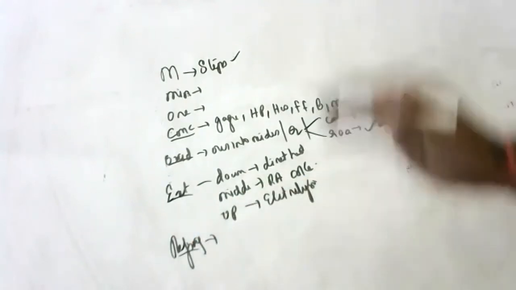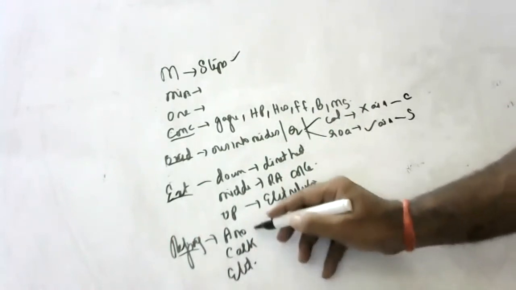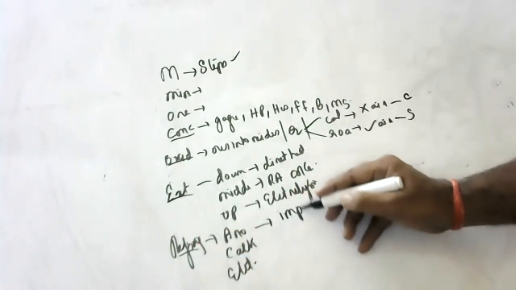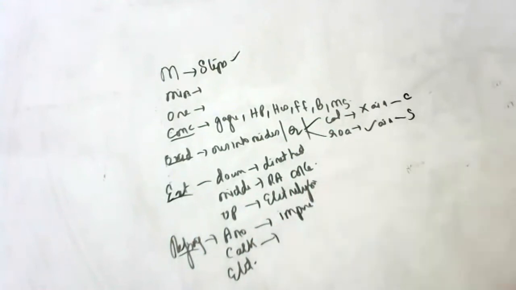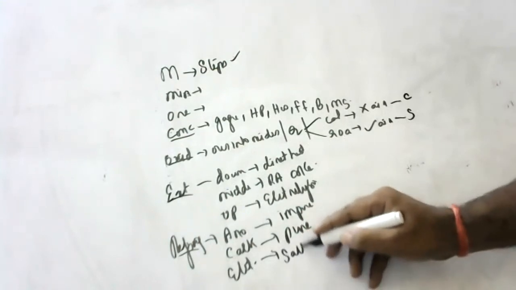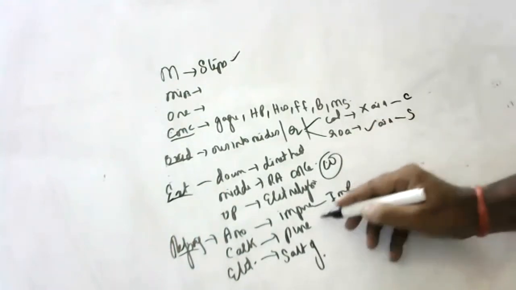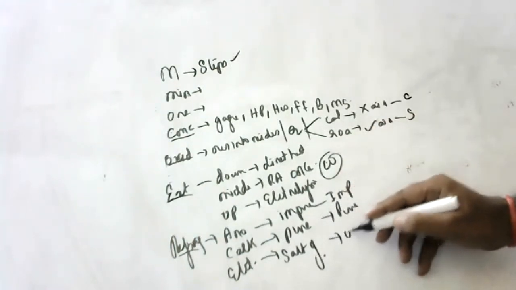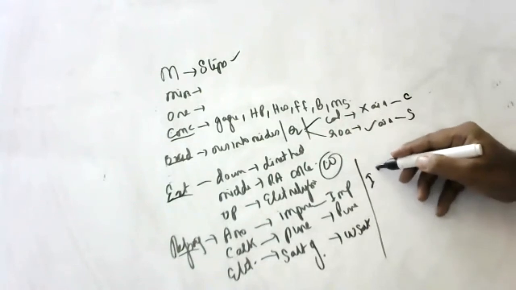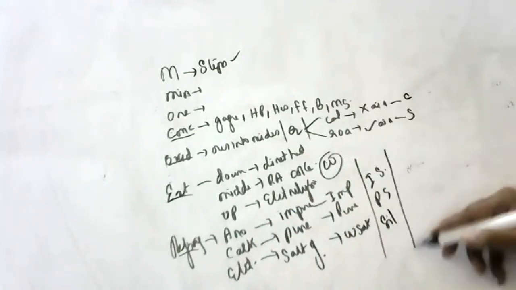In refining of the metal, three things you have to remember: what is the anode, what is the cathode, what is the electrolyte. What do we take as the anode in refining? Impure metal as the anode. What do you take as the cathode? Already existing pure one. And what is the electrolyte? Salt of the metal to be purified. Suppose I want to purify copper: impure copper as anode, pure copper as cathode, some copper salt as electrolyte. Suppose I want to purify silver: impure silver as anode, pure silver as cathode, some silver salt as electrolyte.